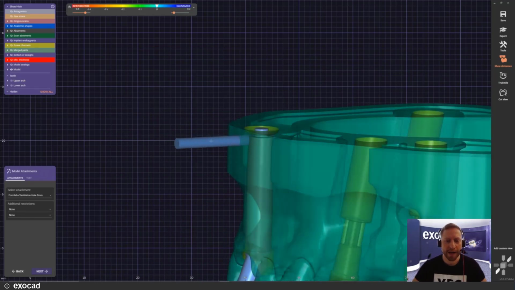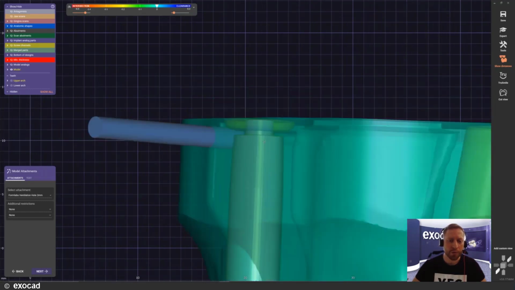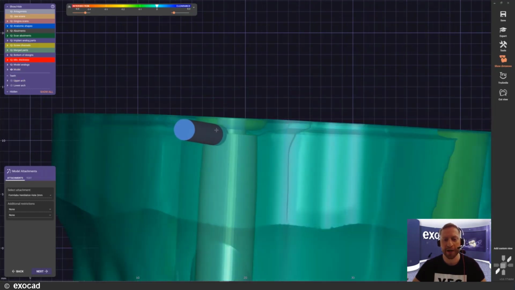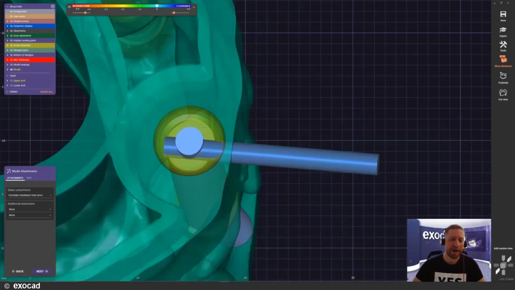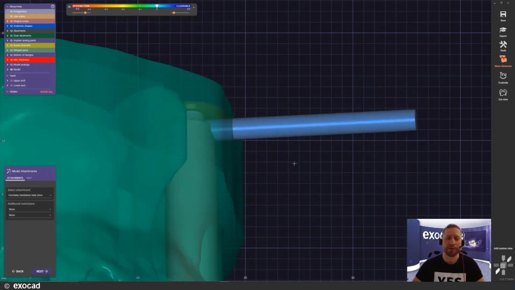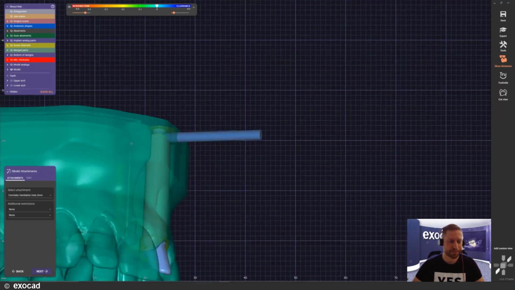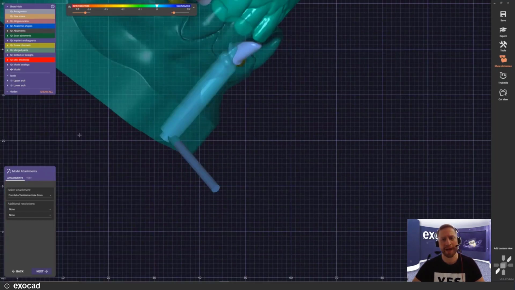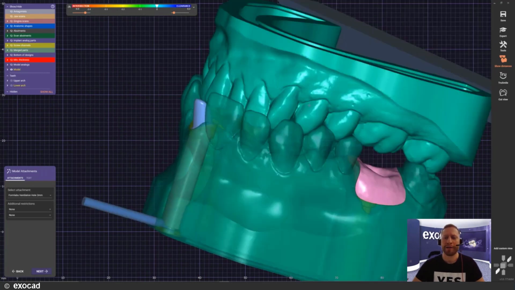I want to actually make a hole here and use it as sort of a window for me to look through and check on the seating of my die. And for that, I just bring it into position. The maneuvering of the attachment is the same. Control can rotate it, and you can grab it and drag it along if you want to. So that looks fine. I'm just gonna pull it out a little bit more. Don't worry, you're not able to hurt the die at this point. So with those two, I am all right. Those are my two little attachments that I'm going to use.